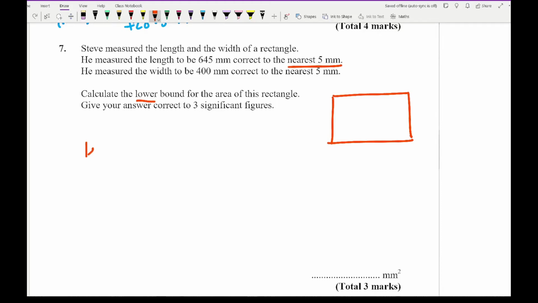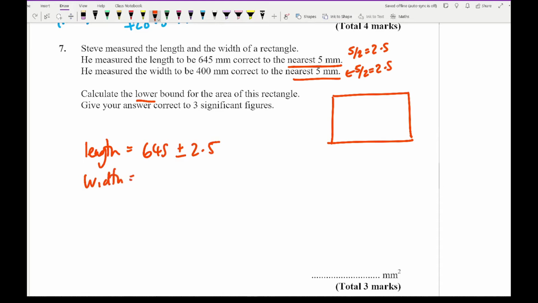So the length is going to be, well, nearest 5, that's 5 divided by 2, which is 2.5, and again 5 divided by 2, which is 2.5. So for the length it's going to be 645 plus or minus 2.5, and for the width it's going to be 400 plus or minus 2.5. So in terms of the lower, which is what I'm wanting, I want the lowest length, which is where we take away, and I want the lowest width, which is again where we take away. So then the lower area